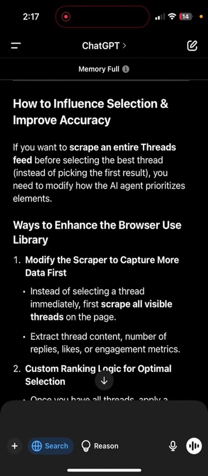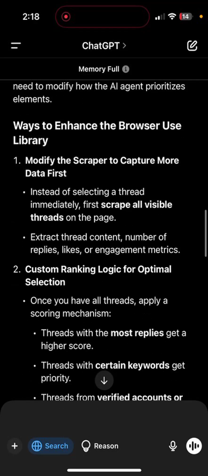So if you want to scrape an entire thread feed before selecting the best thread, instead of picking the first result, you need to modify how the AI agent prioritizes elements. One way to enhance the browser use library is to modify the scraper to capture more data first instead of selecting a thread immediately. First scrape all visible threads on the page, extract thread content, number of replies, likes,